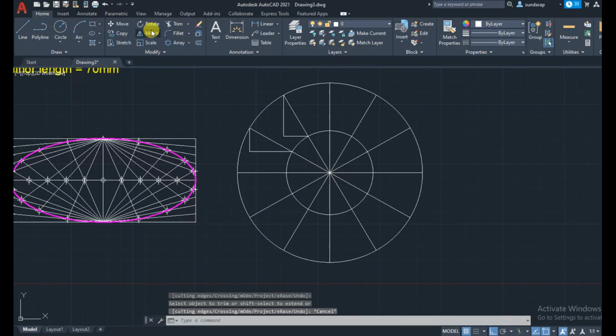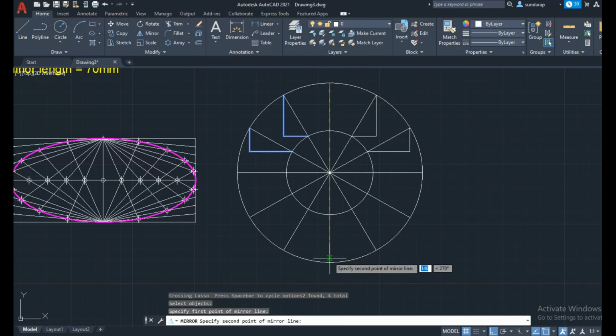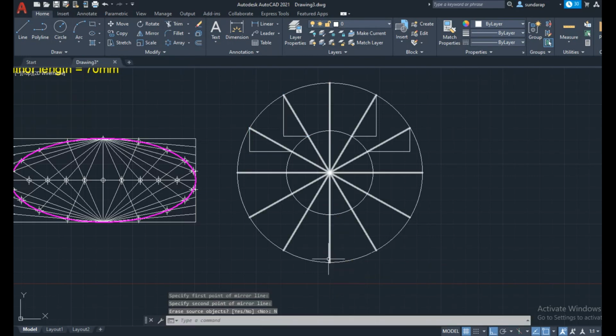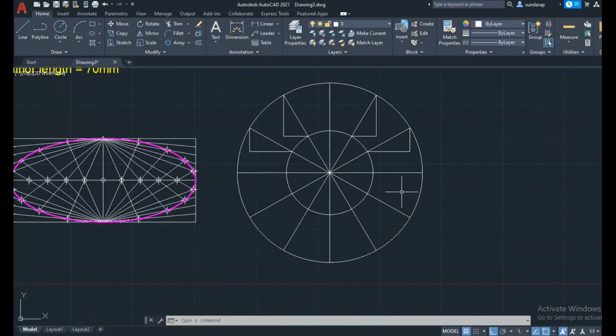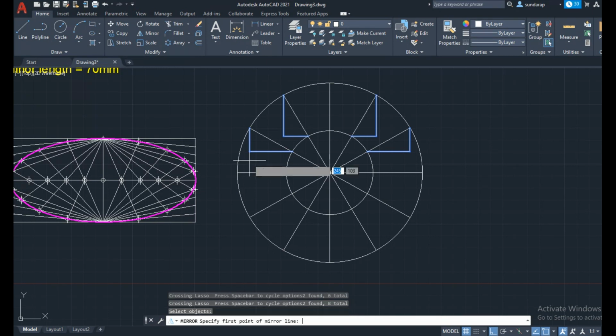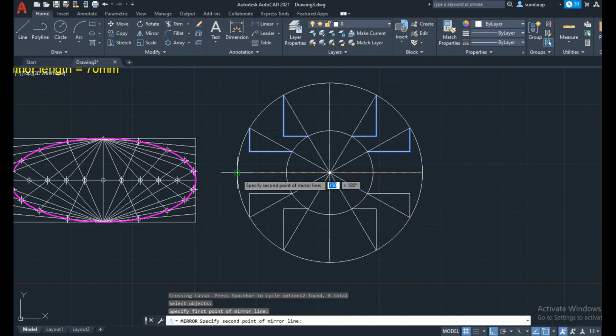Then use the mirror command. Select the object which you want to mirror, press enter, then specify the mirror line. Similarly, do the bottom of the concentric circles: again use the mirror command, press enter, then specify the points.